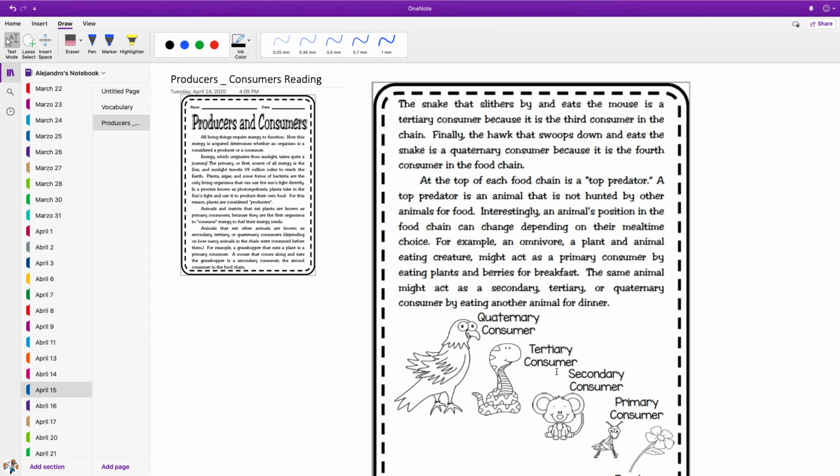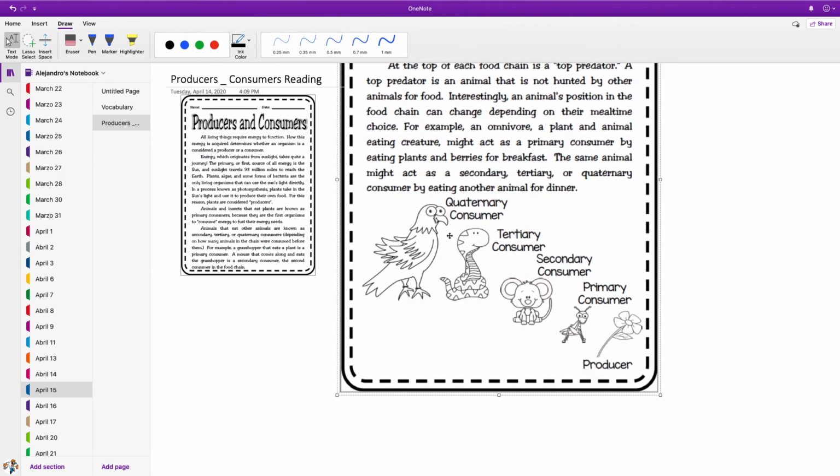Guys, the last paragraph is telling us that sometimes this line, this food chain, can change. It depends on the animals, it depends on the ecosystem. Sometimes the snake can be on the second one. Sometimes even the snake can be on the top of the chain. It really depends on the situation. But like I told you, we're gonna be talking more in depth about food chains in the next video that I'm gonna make for science, okay? But right now I want you to understand that this is how the